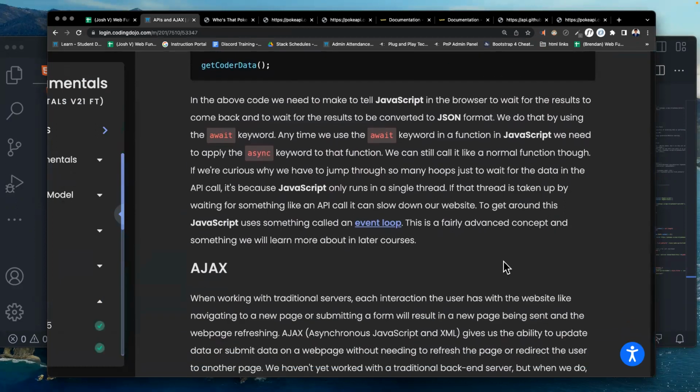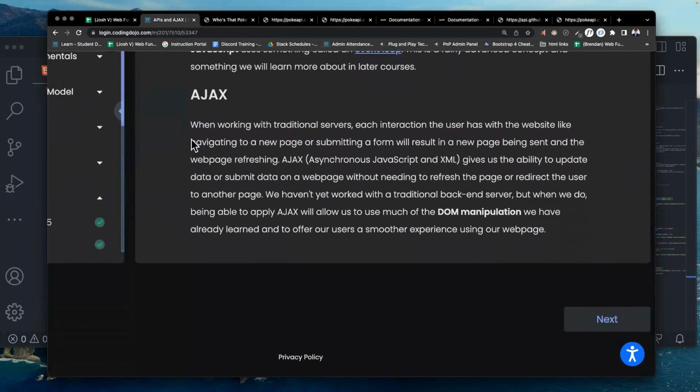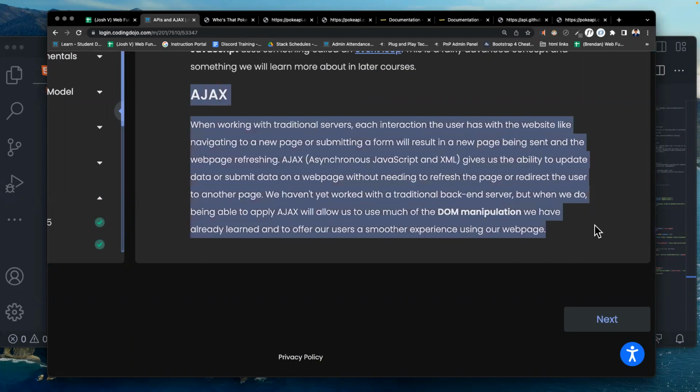And for Ajax, okay, I do want to talk about this, but it's not going to sink in until maybe your other stacks like Python or React. So I'll introduce this concept, but I won't expect you guys to understand it right away until you put it into application a little bit later.